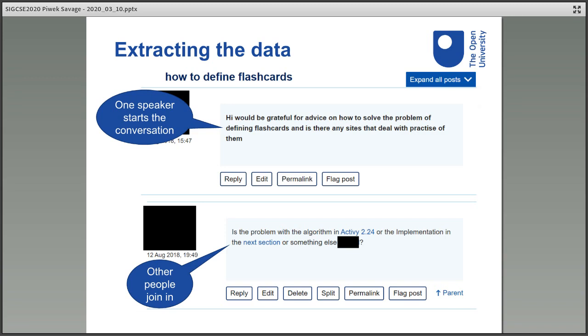I should mention at this point that all data collection and analysis complied with approval processes and methods at the university, ensuring participant privacy, confidentiality and protection. Neither participants nor researchers received monetary or gift incentives. Also, permission was sought and given by speakers for extracts of their posts to be included. There is one exception to this, where we've chosen to paraphrase a conversation instead, since permission was not forthcoming.